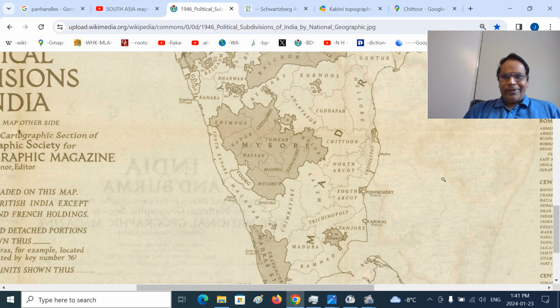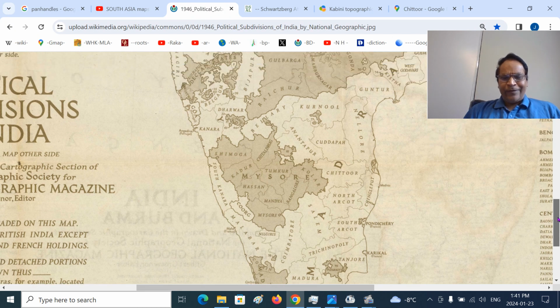So this is roundabout before Radcliffe Award, partition of the Bharat, and this is the Madras Presidency. This is the Deccan Division, Rayalaseema Division, Ceded Division. This is the Coastal Division. This is the Tamil Nadu Coromandel Division. This is the West Coast Division, Malabar and South Kannada and so on. Our point is this is the Vadayar territory. This is the Chittoor district. This is the Panhandle. North Arcot, Salem, Baramahal, Chittoor, and you can see the Vadayar territory, Kolar and Bangalore and